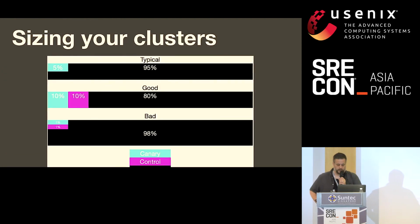You do want to size your clusters, canary and control, to similar sizes in order to have a good basis for comparison. You wouldn't want to have a canary of, say, 20 instances and a control of 1. That would expose you to some